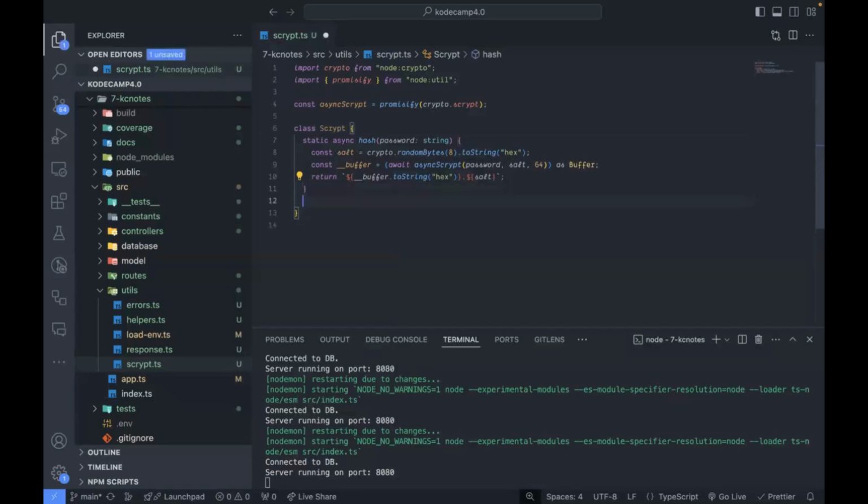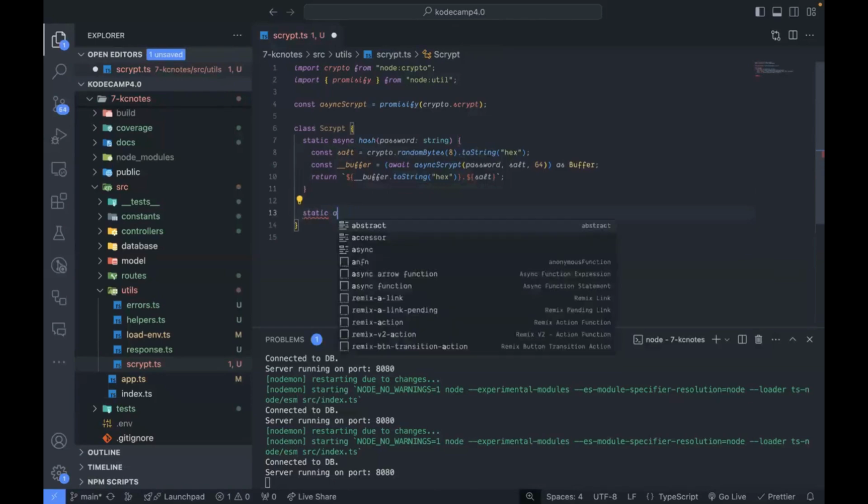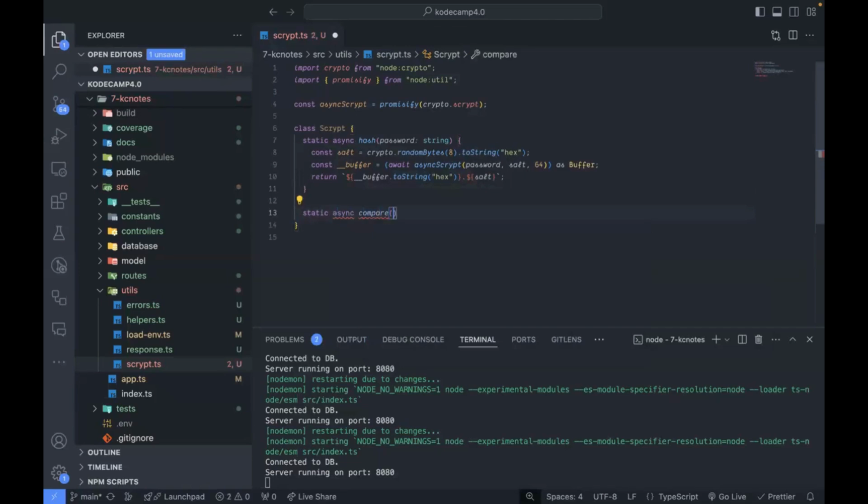Now we have another method, static async compare. We have a bcrypt function that compares. So now we have the stored password and then the supplied password. They are both strings. What we want to do here is compare, so we want to split it. When we were joining it, we joined the actual encrypted password and the salt we generated with a dot. So we say const, returning an array with two things,